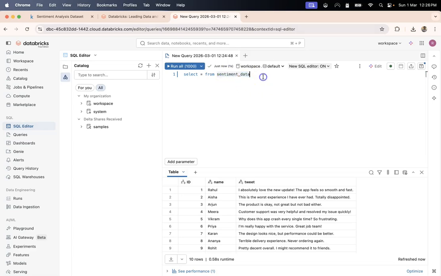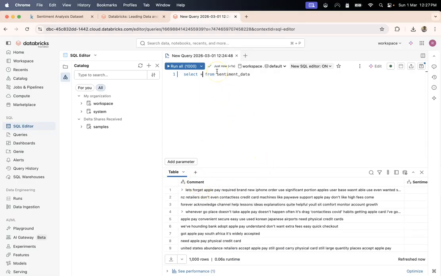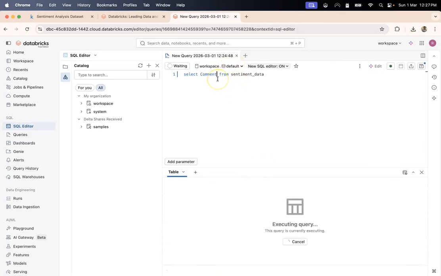Now I've got sentiment data. Now I would like to showcase how you can use AI analyze sentiment. It's pretty simple, and Databricks has done a good job at making it very simple. I would like to select the tweet column, or rather let me first run this query again to see the exact column name that I am trying to get the sentiment of. It's called comment. So I would like to get comment from it. Let's run it. You see this color coding, it's automatically done. Kudos to Databricks again.